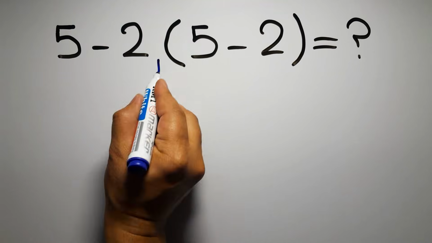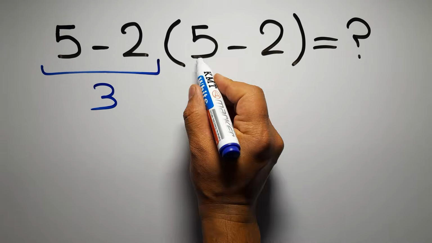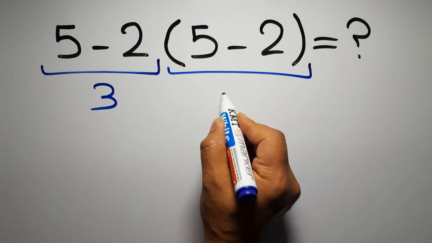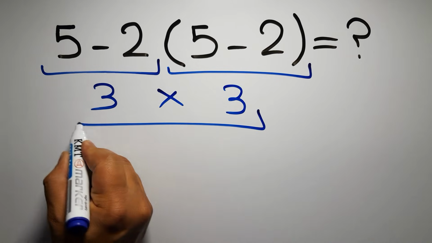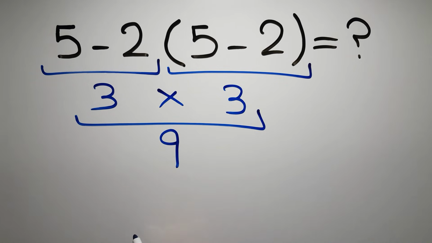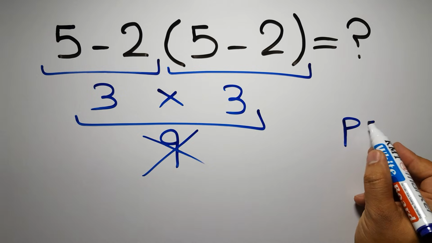5 minus 2 gives us 3. And again here inside this parenthesis we have 5 minus 2. So 3 times 3, which equals 9. But this answer is not correct, because according to the order of operations, first we have to do parentheses, then